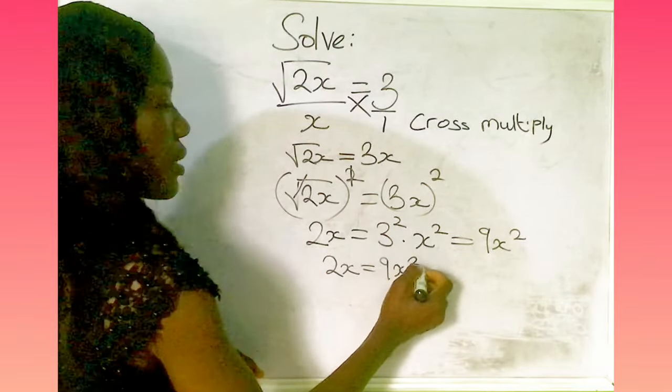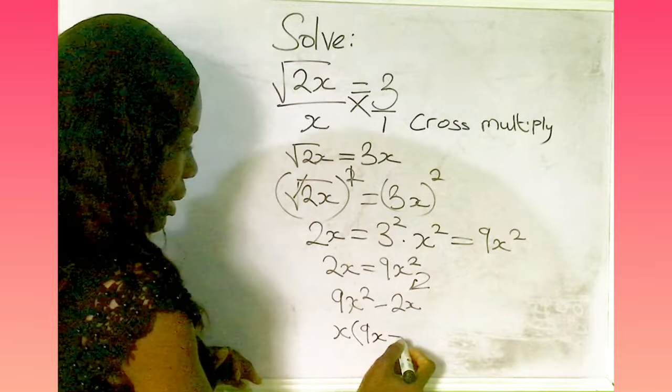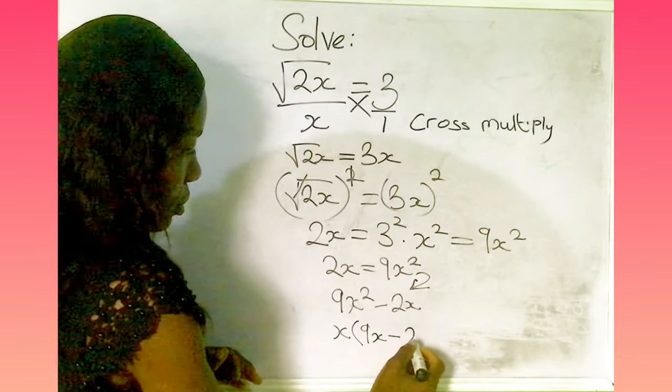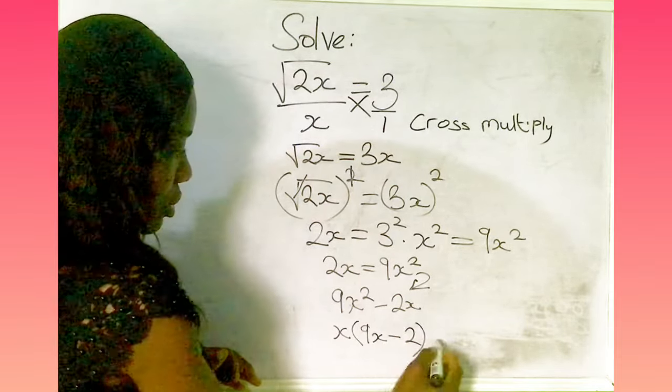Okay, let's make this a formal equation. Bring this to the right hand side, making it minus 2x. So let's now collect the like terms. What is the common factor between this? We have x, open bracket, 9x squared divided by x. What we have left is 9x, minus 2x divided by x, we have 2. Okay, so this means that